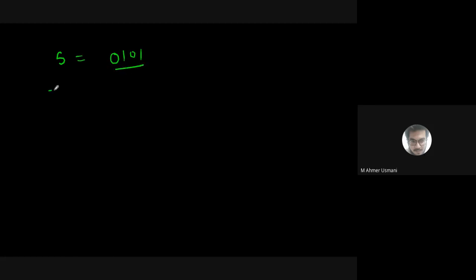If I need to store -5, what I'll do is take the 1's complement of 5. What is the 1's complement of 5? It is just reversing the bits. So the reversed bits are 0, 1, 0, 1 with the sign bit 1. Okay, so this is the number that I get.